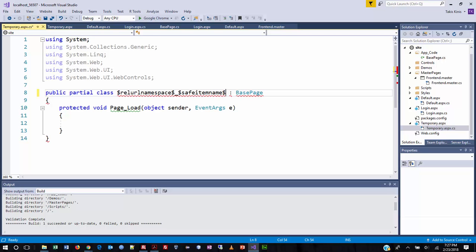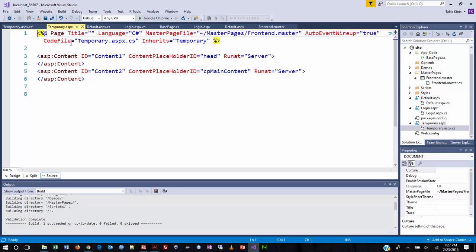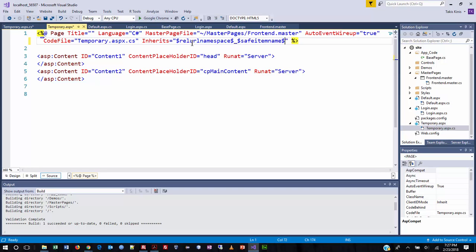And now we need to make another switch. And this is kind of to show you how things are connected. So I'm going to take just a super quick pause here to point that out. We're at the top of page 226, step number 3. And what they're saying is we want to go to the page now and switch to markup view, which we're already in. But notice that inside that declaration at the top, there's an inherits, right? And this inherits needs to match up with that class file name. So we are going to paste in that same string of text in this spot,